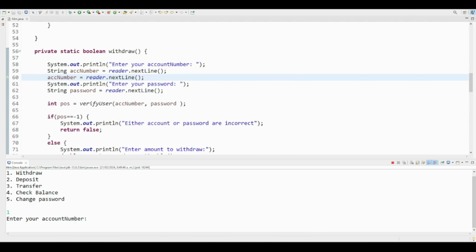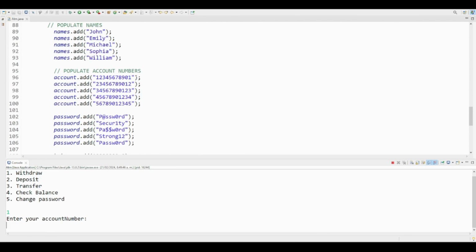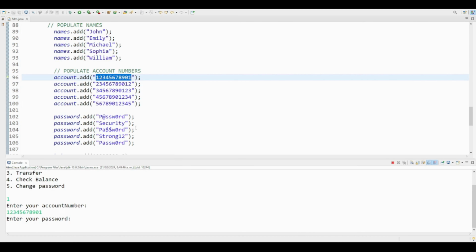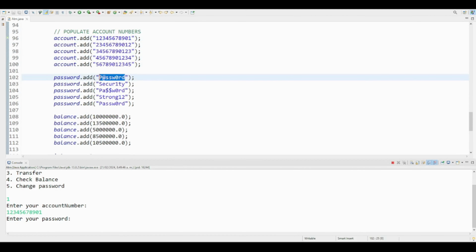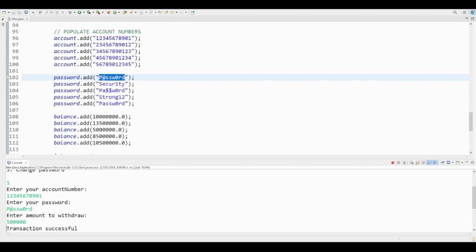So we're going to say withdraw. It says enter your account number. Now we're going to enter an account number, one of the ones that we did, maybe this first one from John. And I'm going to put it over here. And then the password has to be this password. Remember the first password, because that's the one that we made coincident. Now it says enter the amount to withdraw. Let's say 500,000 pesos, and enter,